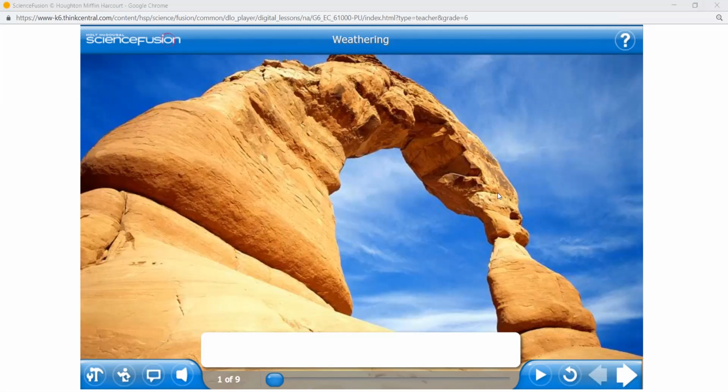Miral, do you remember how rocks break? I remember the explanation. When it rains, the water turns to ice, and it expands, the rock expands.